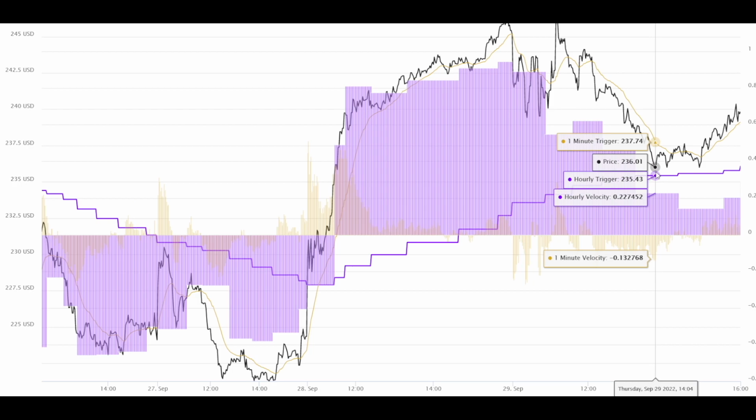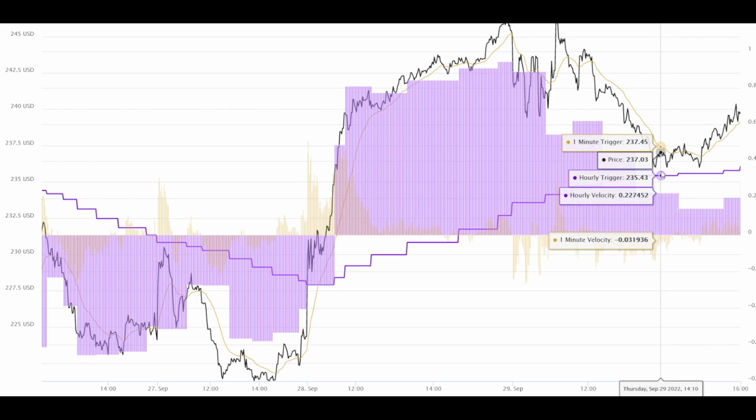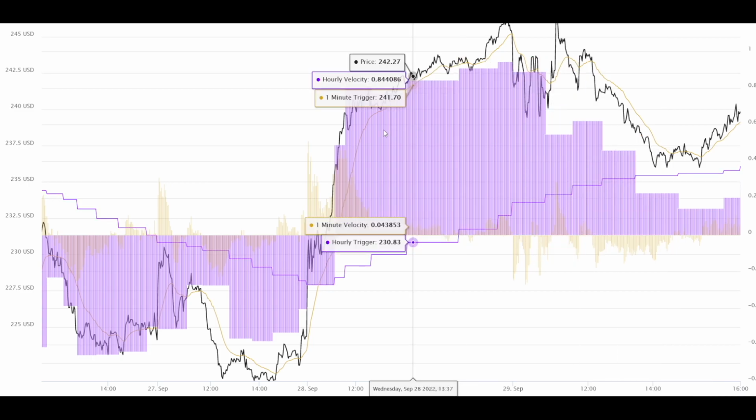And at this point, you're wondering to yourself, is the hourly trigger going to hold? Is it not going to hold? So normally you can look